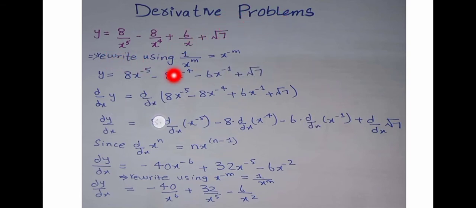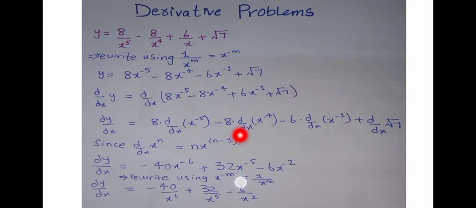And here we differentiate on both sides of the equation, and we get dy over dx, and this x shifts to the front and our new exponent becomes negative 6. When we subtract 1 from negative 5 we get negative 6, and this negative 5 multiplied with the 8 gives negative 40, and this negative 4 multiplied with the negative 8 becomes positive 32, and our new exponent becomes negative 5 when we subtract 1 from negative 4, and this negative 1 multiplied with the